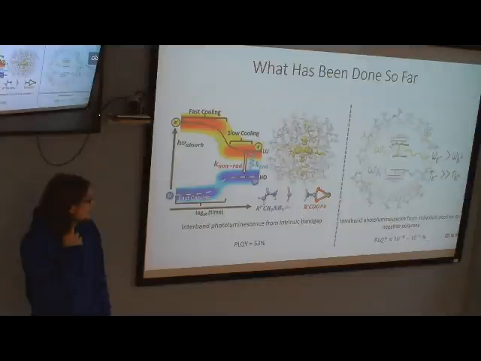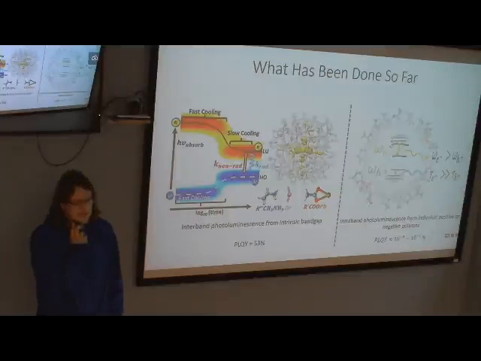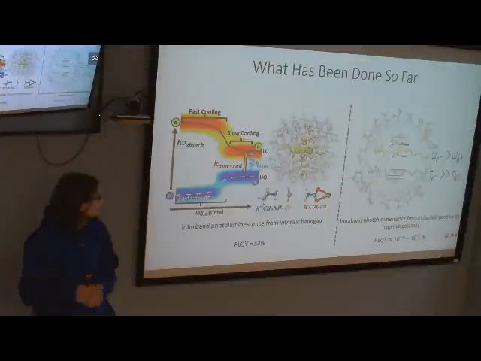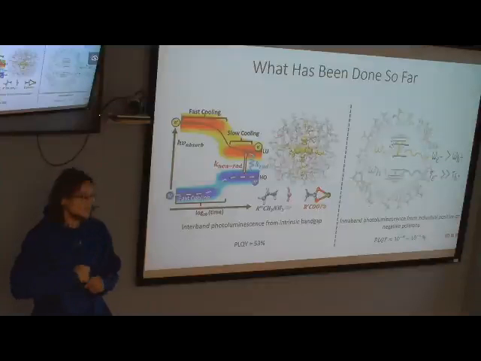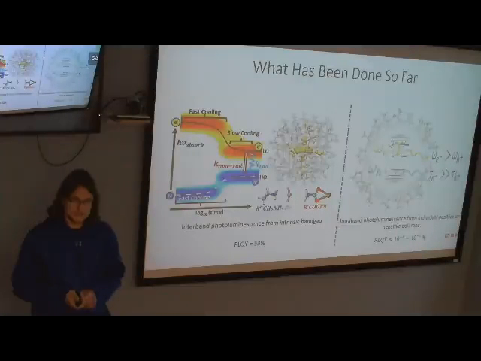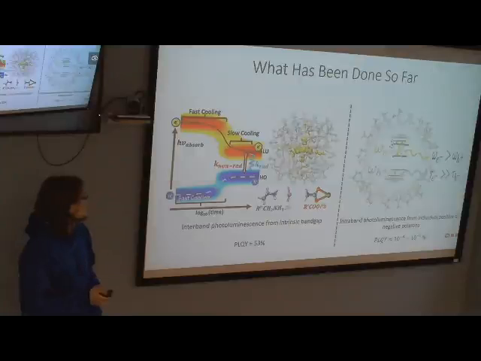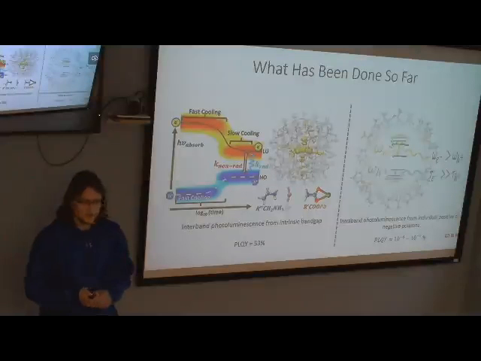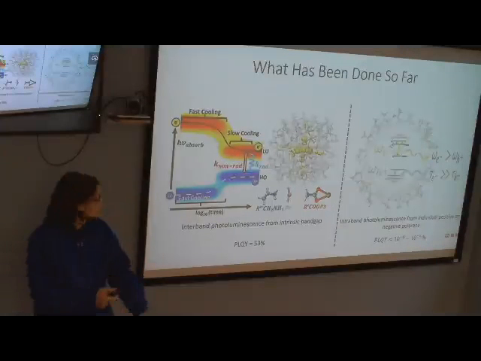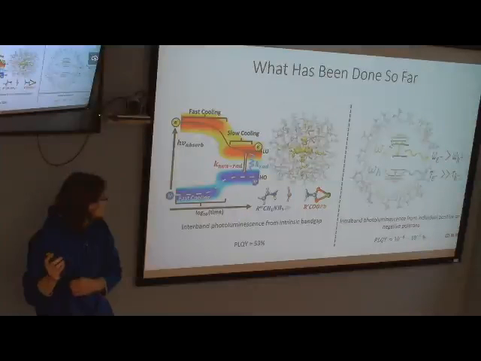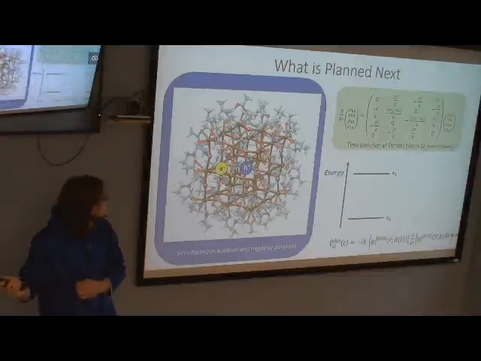So for the modeling, we're going to include both negative and positive polarons simultaneously in the model, which would be reflective of an experiment. If you photo-excite it, it creates an electron and a hole. So it would be modeling a realistic photo-excitation of these systems. And then, in terms of methodology, we're going to include electronic coherences of the species along the excited state trajectory, and that's what we have planned next.